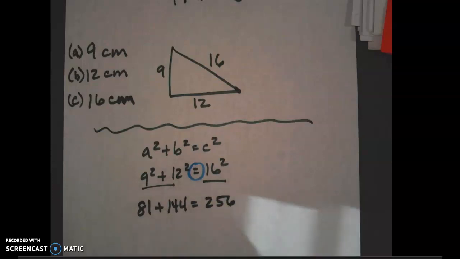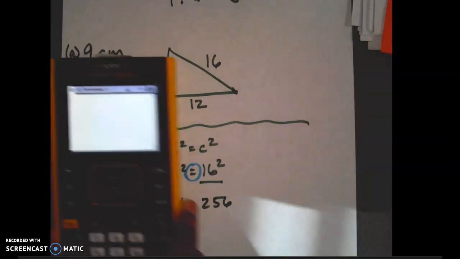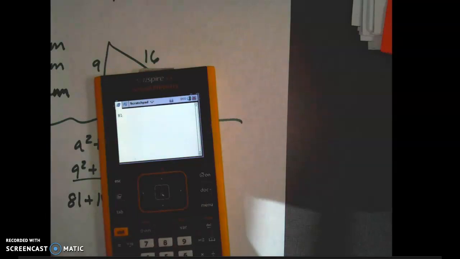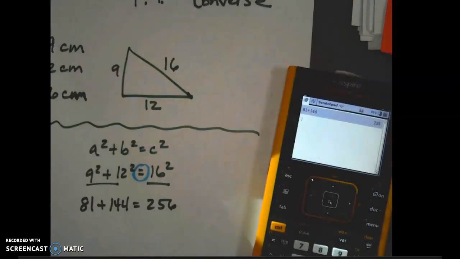Now, what I'm going to do is calculate this, and I'll show you in terms of the calculator what that looks like. Okay, so let's clear our history. Hopefully this shows up, and I think that it does. I'm going to go ahead and add 81 plus 144. That's great, you can see that really well. And I'm going to get 225 as my answer. So 225